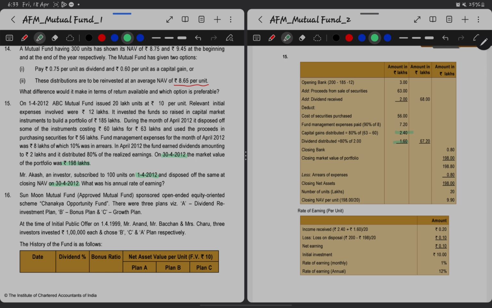Other than this, there is some cash balance also. So we need to find out the closing cash balance. That also will be a part of the portfolio. Why? Because the initial